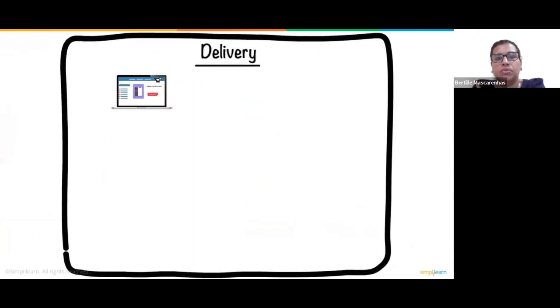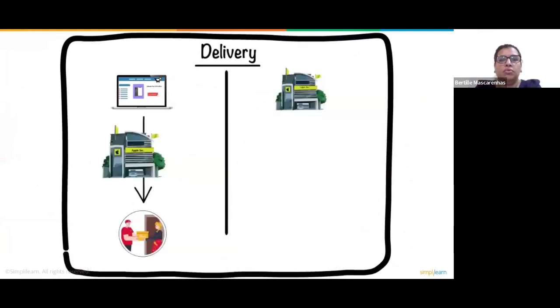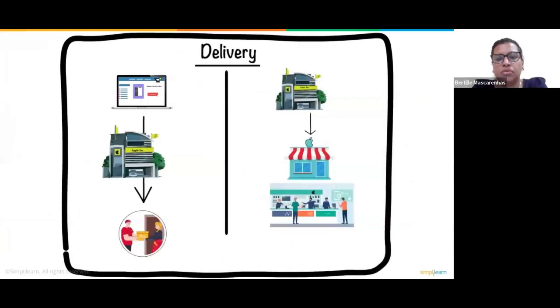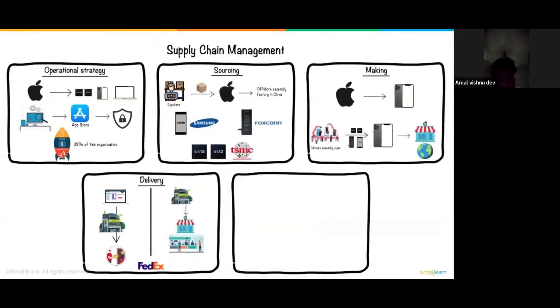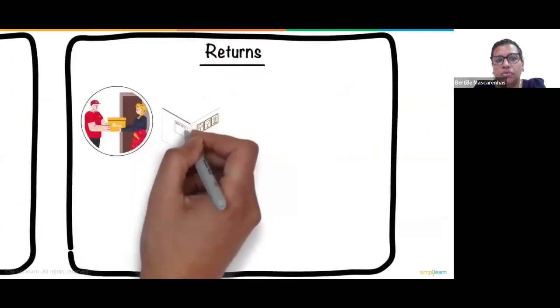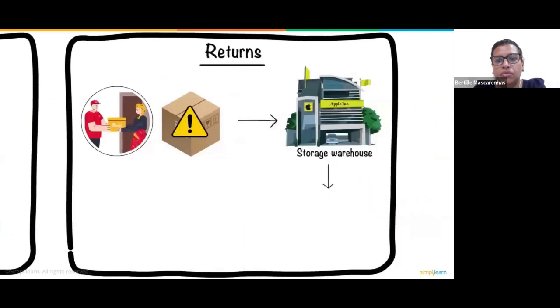Here, the products ordered online get shipped to the doorstep of consumers from storage warehouses. Whereas the distribution centers, on the other hand, send items to retail stores for offline sales. This whole shipping process is carried out by third-party logistics vendors, such as FedEx. Supply chain management's last building stage is returns. Here, the faulty or damaged products during delivery get shipped back to the storage warehouses and then the assembly plant